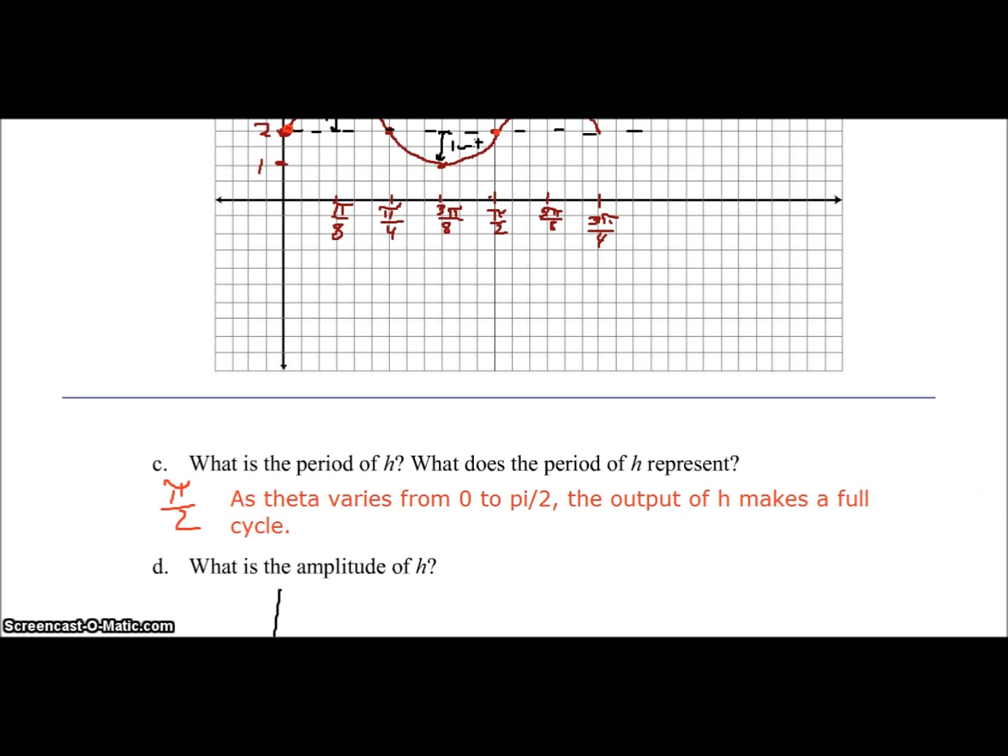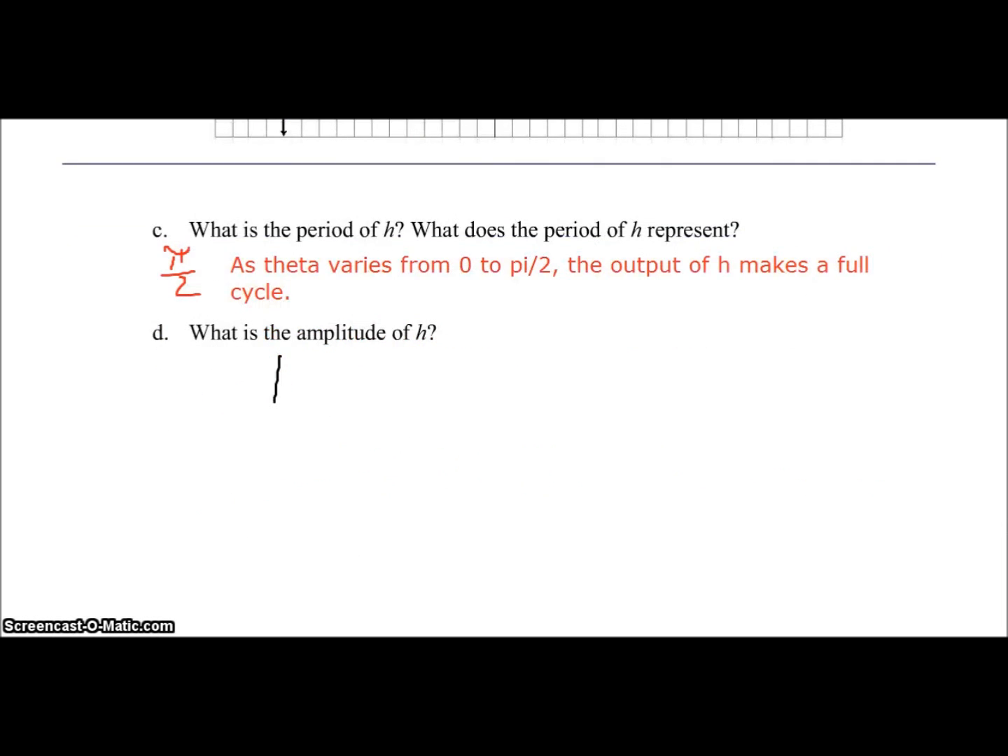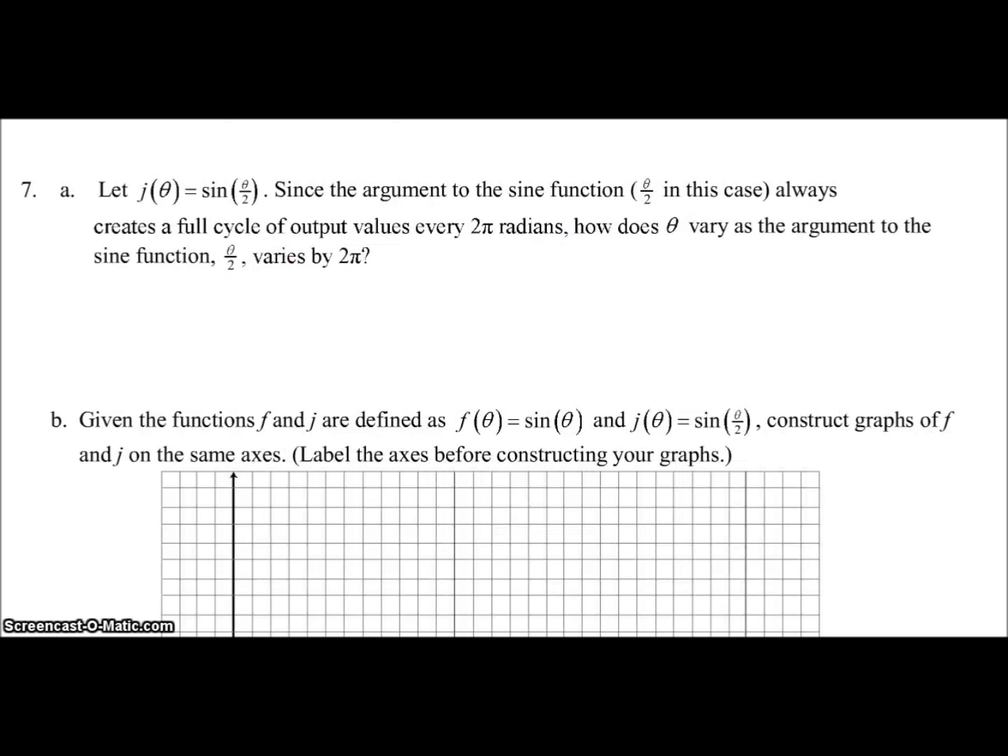Okay, let j of theta equal sine of theta over 2. Since the argument to the sine function, theta over 2 in this case, always creates a full cycle of output values every 2 pi radians, how does theta vary as the argument to the sine function, theta over 2, varies by 2 pi? So I want to try to make sense of this last statement. Theta over 2 varies by 2 pi. Essentially what this means is if we have some final value,